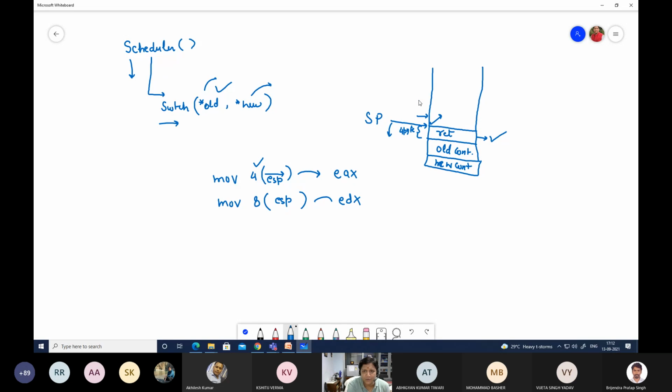When you move upward, you are actually decrementing the stack pointer, but when you want to move downwards, you have to increment. Because every entry is 4 bytes, you are adding 4 to the stack pointer, and whatever is the content at this point